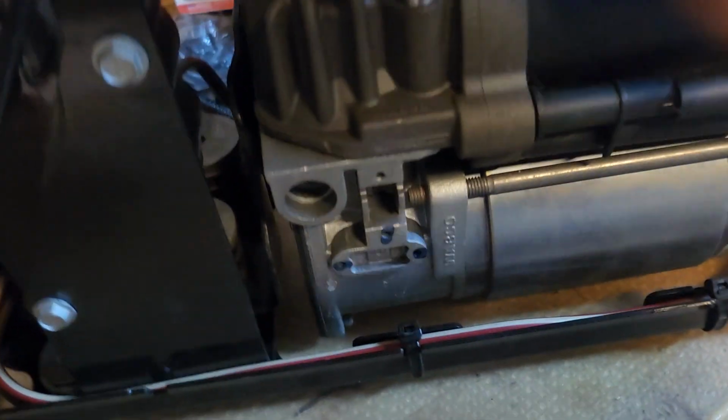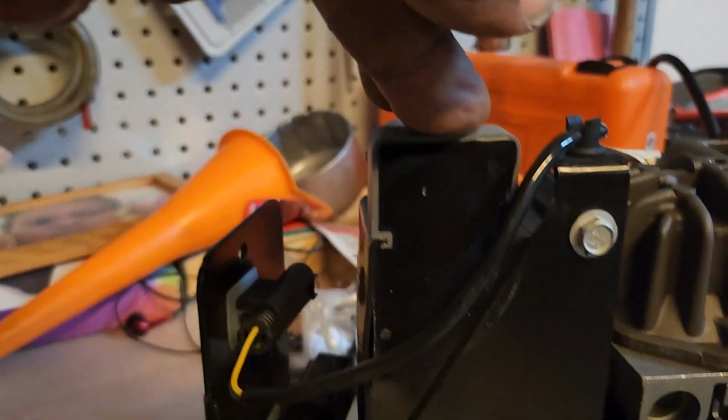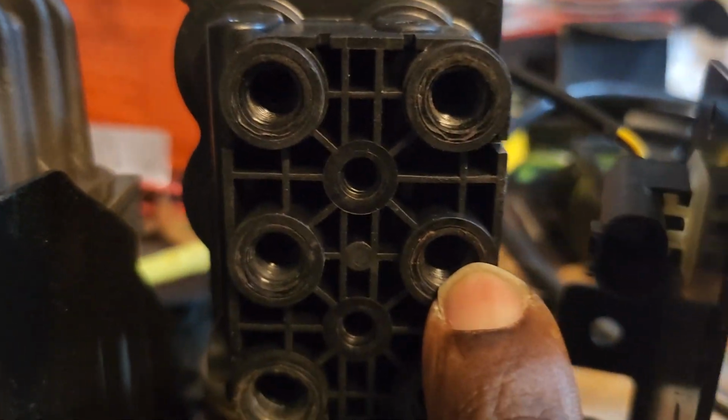So what I did notice is this, and I'll say all that to say this right here. I was getting ready to take off this solenoid valve block, and I noticed that my solenoid valve block has a split in it right here. That is a split. That should not be there. Which tells me, which is also in the same line of my left rear, which is in the same position, which is here, my rear left